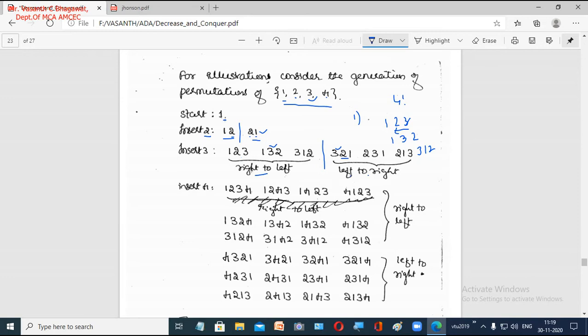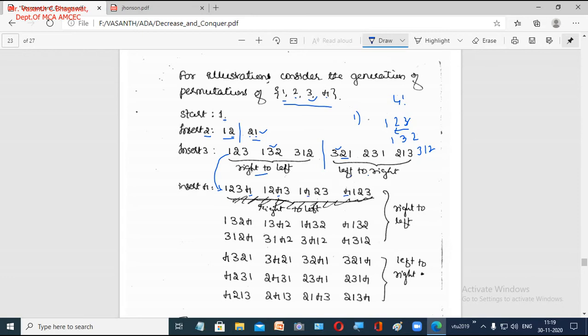Clear? So next the 4 comes in this place: 1 2 4 and 3. If you are inserting from the right side, now just observe where the 4s are inserted. You are inserting from right to left. This is the first number you have selected, 1 2 and 3. Clear? And the new number 4 you start inserting from the right side and you keep on going till the left side. So 4 comes here. In the next step 4 comes here, right? From this side you are inserting from the right side. So in the next step 4 comes before 2, so 1 4 2 3, next 4 1 2 3.